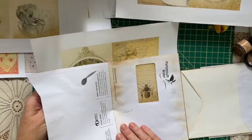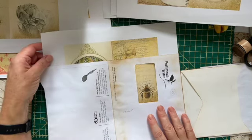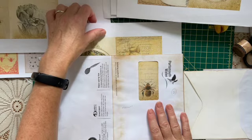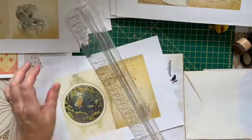I think I might go with this one. I think that might look quite nice. So if I tear off this half,